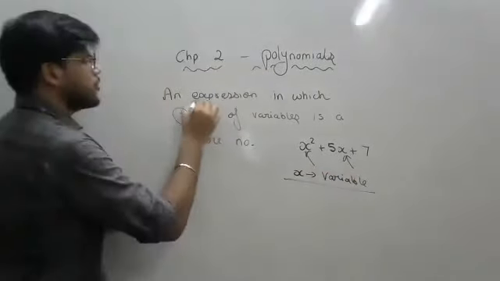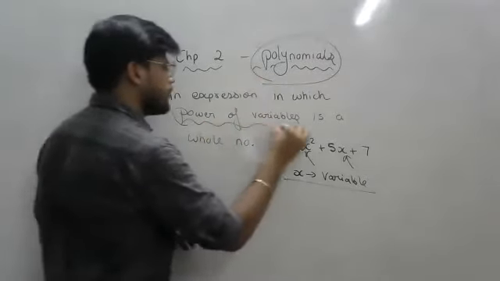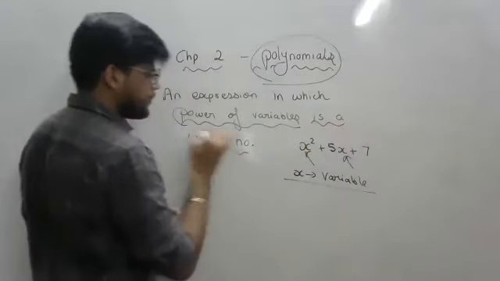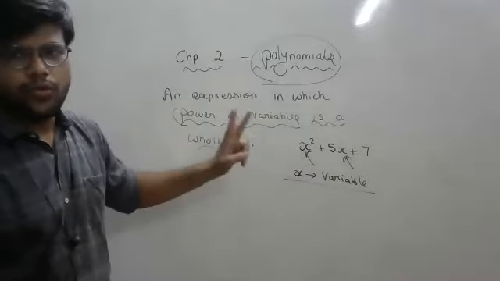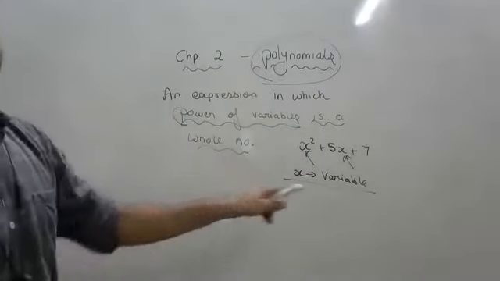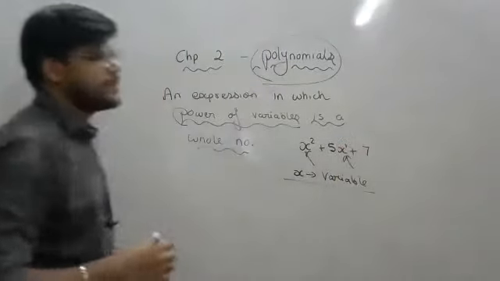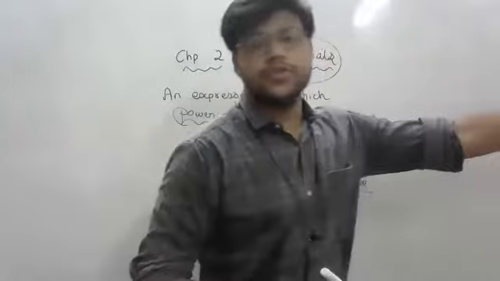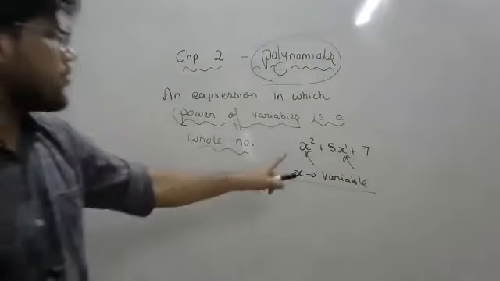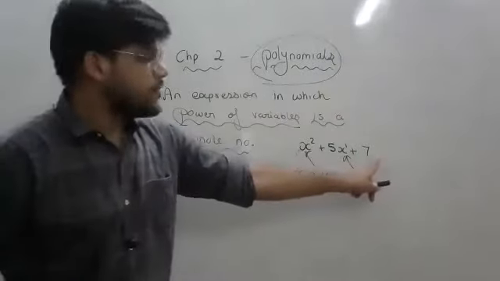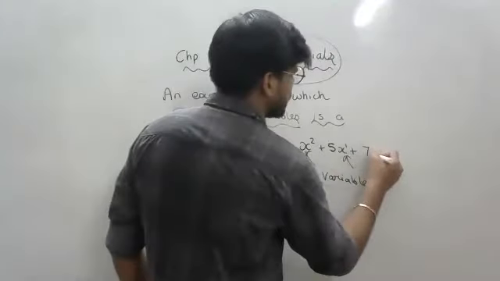The condition for expression to be a polynomial is power of variable is a whole number. यहाँ पे x जो variable है, what is its power? 2. Power is 2. In second term, 5x, it can be considered as x raised to 1, so power of variable is 1. Your power of variable is 2. And here we are not having any variable. That means its power is 0.